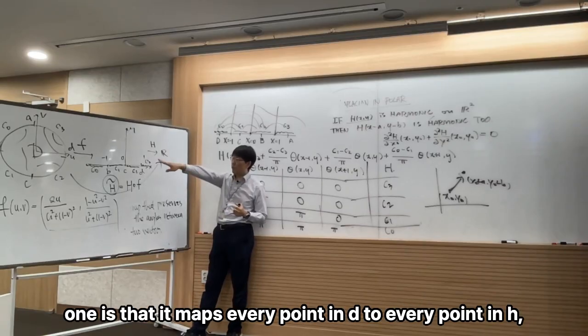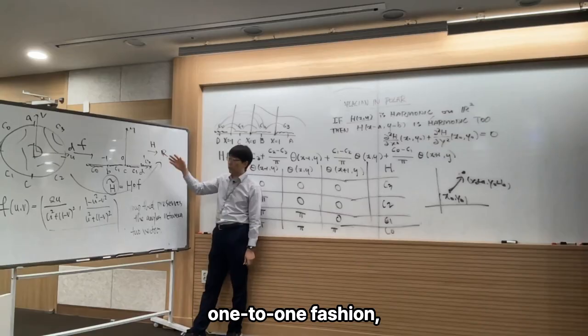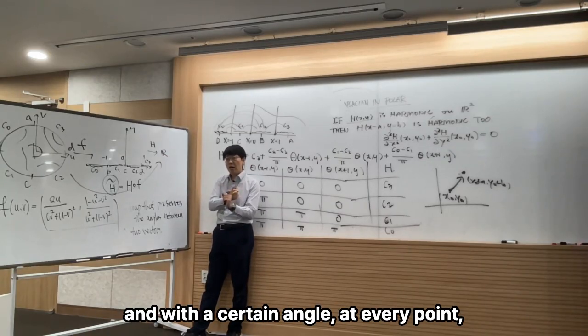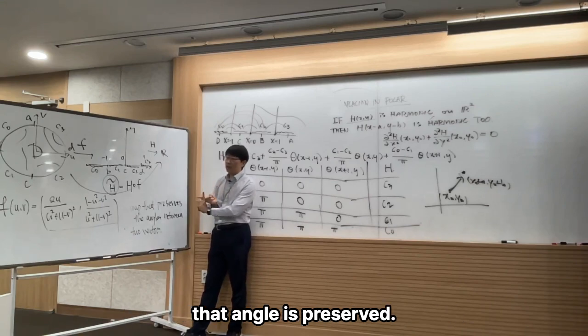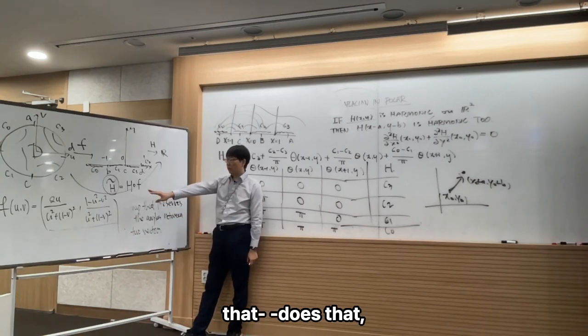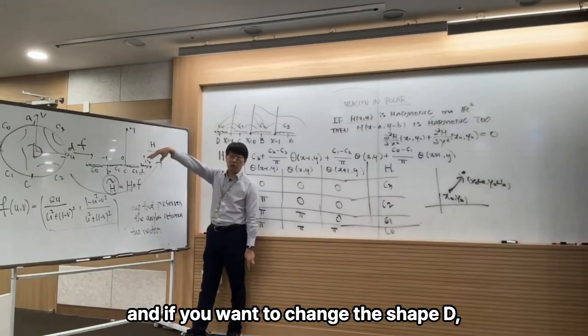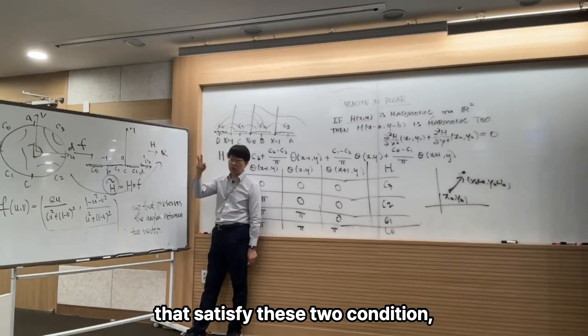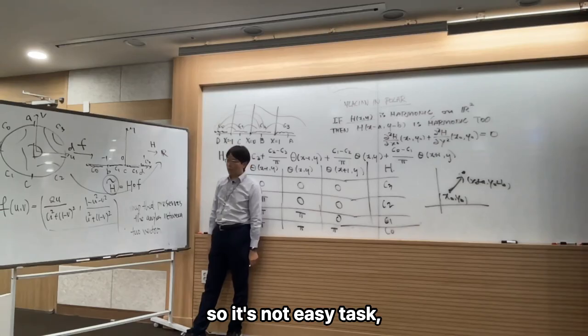One is that it maps every point in D to every point in H, in a one-to-one fashion. And also it preserves the angle. If any two vectors are intersecting each other at a certain angle, at every point that angle is preserved. So there's only one thing that does that. And if you want to change the shape D, then you have to find a function that satisfies these two conditions. So it's not an easy task, but